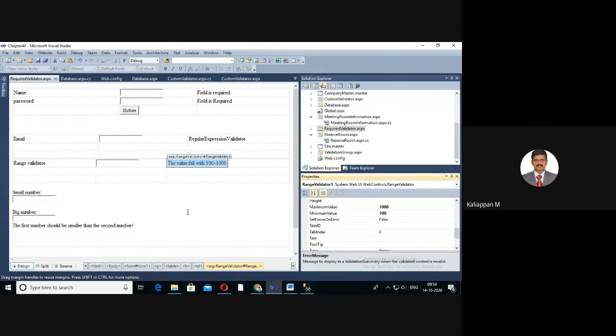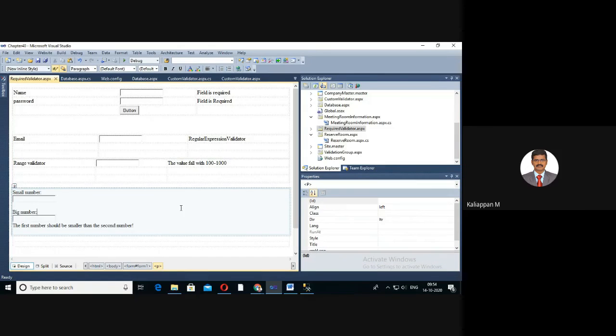Then we go for the next one, the compare validator. The compare validator control compares a value in one control with a fixed value or the value in another control.